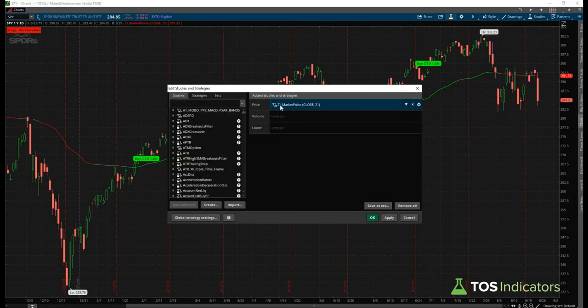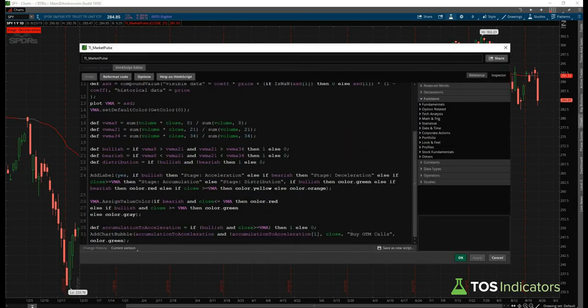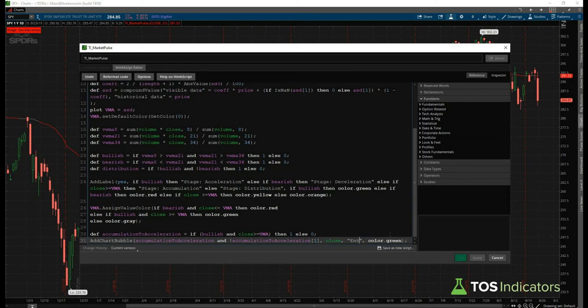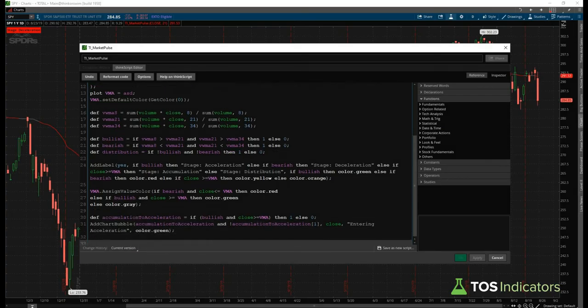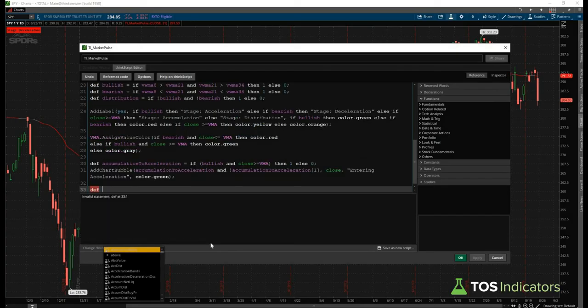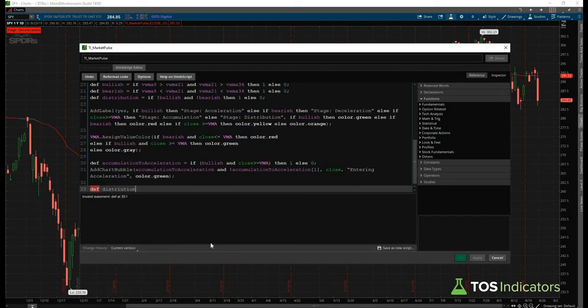So maybe instead of saying buy out of the money calls, we'd like to say that we're entering acceleration. And you can have some fun with this. If you want to make the label something funny, something clever, something witty, go for it. We'll keep it simple for right now, and we'll go ahead and do the same thing, but for the distribution